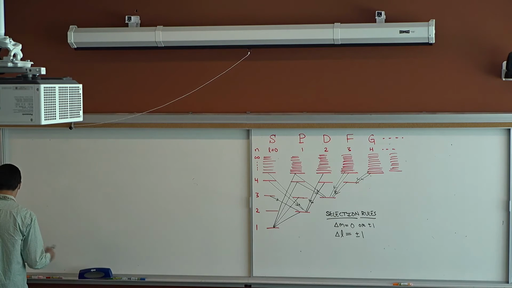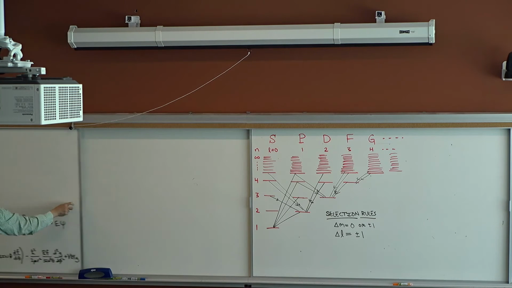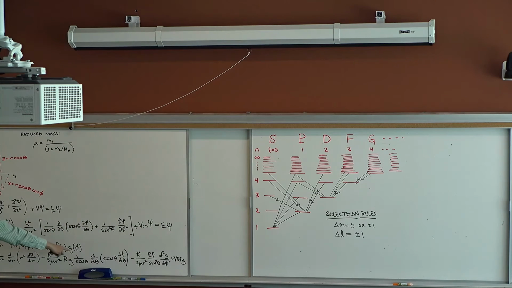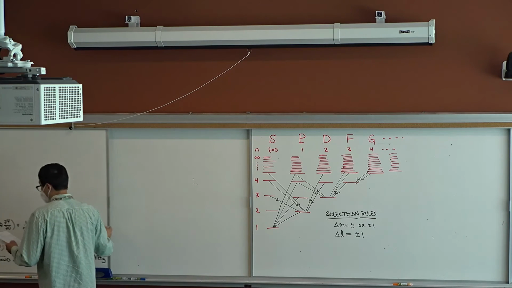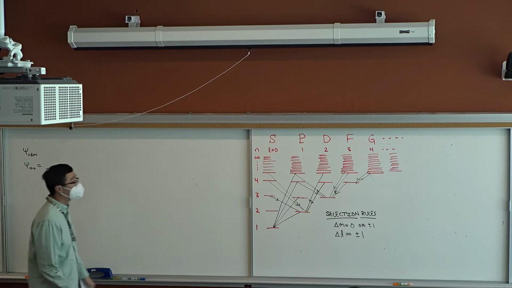So psi of NLM, we've already said that it goes as R times F times G. Our equation for R is a little ugly, so I'm skipping that one. But let me write up psi 100. So this is the n equals 1, L equals 0, M equals 0 case, right? We had that,